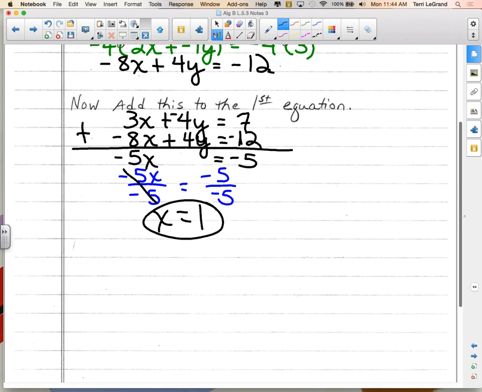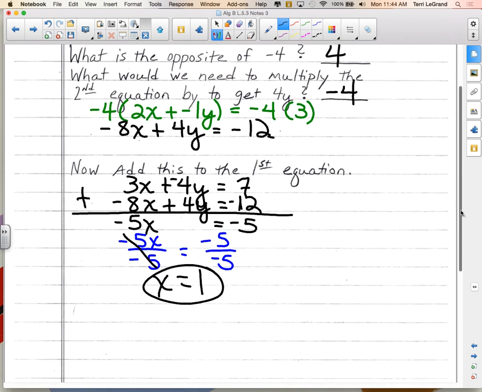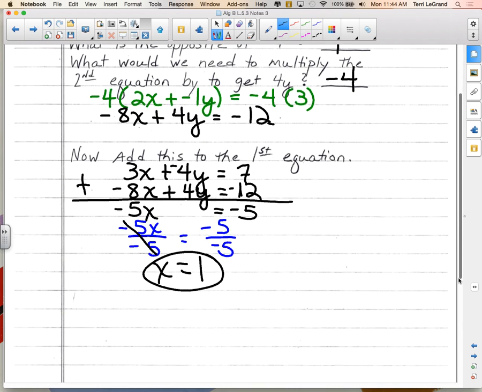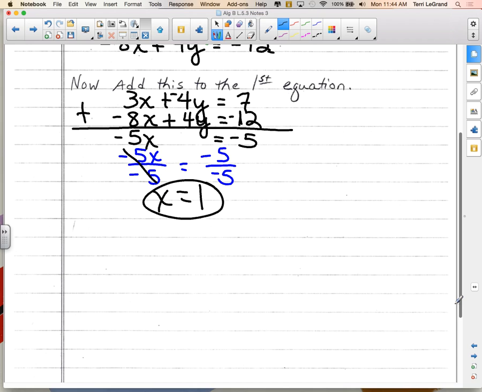And then we can use either equation. Actually, we have three choices. We have the second equation's new name, so you can use that if you wanted to. Doesn't matter. Which one's the friendliest? Which one do you like? The second one? 2x minus 1y equals 3. I kind of like that one. 2x plus a -1y equals, what's it equal to again? 3. Thanks. Okay. 2 times 1,